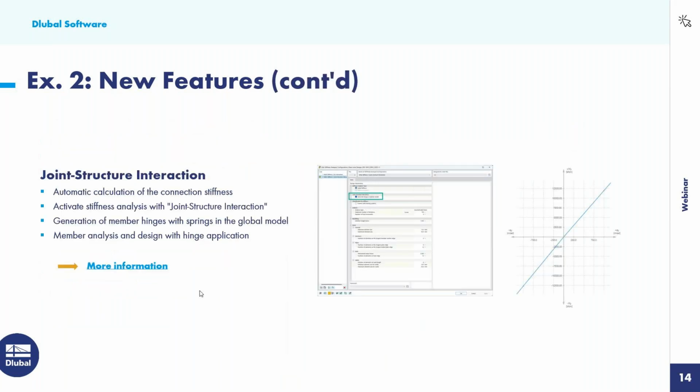And finally, we have the joint structure interaction. So we touched on this topic earlier, but we have the ability to automatically calculate the connection stiffness. We've had that for quite some time within this add-on, but what's new is that we have the ability to automatically consider the joint structure interaction, where we will take the stiffness properties of this connection, we're going to export